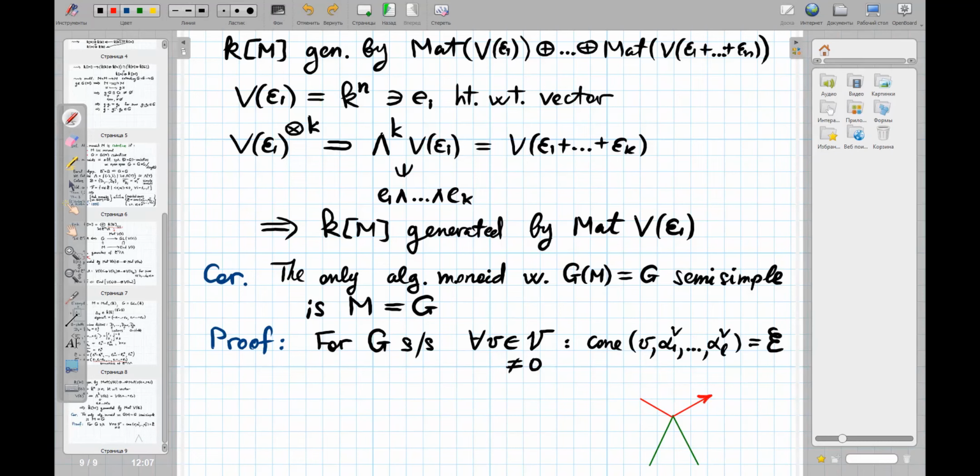These two vectors are simple coroots, the alpha i's check. And this is the negative Weyl chamber, V. If you take any vector in the negative Weyl chamber, say this one,